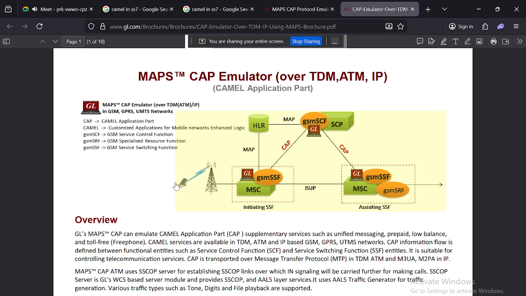The application protocol layer containing the actual service logic inside CAMEL will tell you your recharge has expired, please recharge and continue our service, such as instructing the network to prompt for a PIN or disconnect the call when credit runs out. So when your mobile credit is out, it will automatically disconnect the call and say your mobile recharge is out of credit. Please get credit to call the client. That's it.